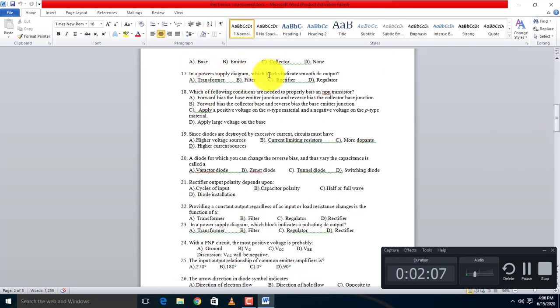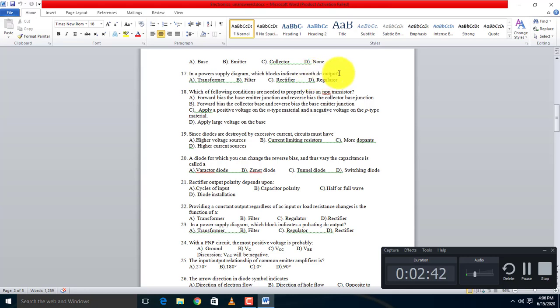In a power supply diagram, which block indicates smooth DC output? Smooth DC output is provided by the regulator. The rectifier provides pulsating DC, and the filter just filters the ripples. Capacitor and inductor are used, mostly a capacitor in a power supply diagram. It charges and discharges, and somehow makes the output DC,